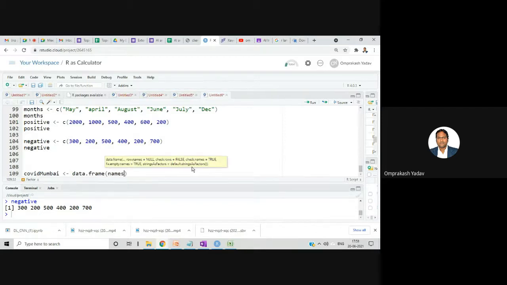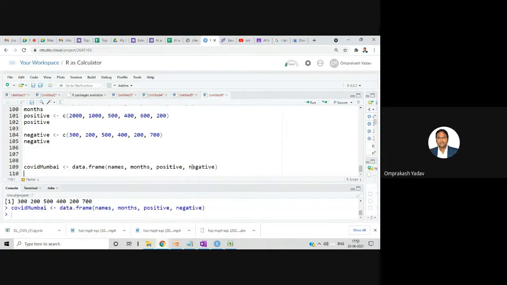So first one was names, second was I think month, yeah, month, and then positive, and the next one is negative. So covid_mumbai is the variable name, okay? Data frame variable name, and with data.frame I'm converting. So let's run this, and let's try to view covid_mumbai.